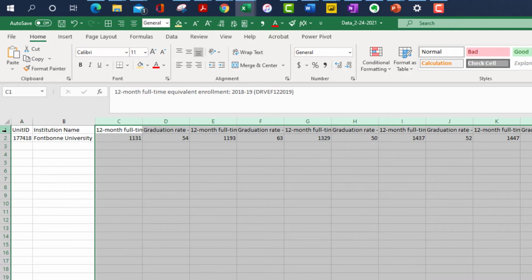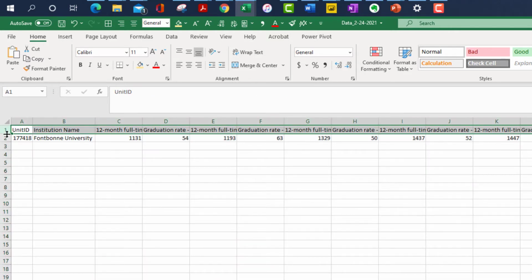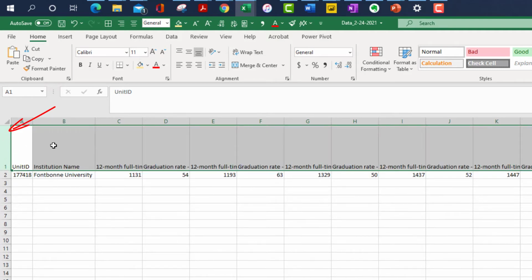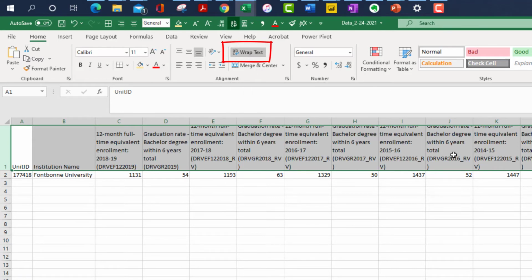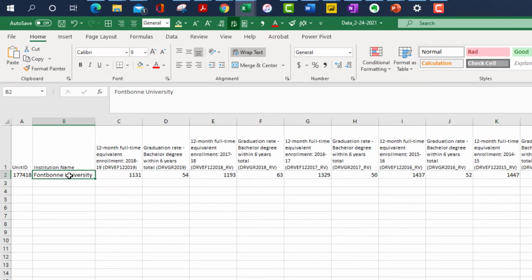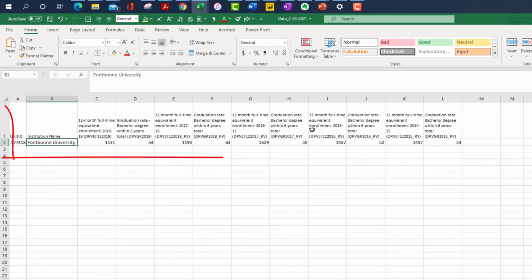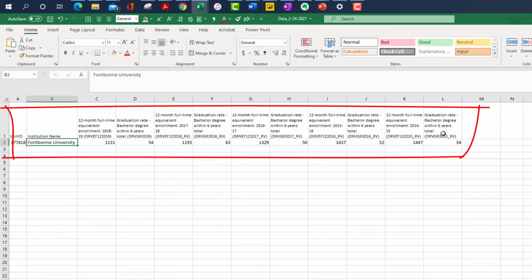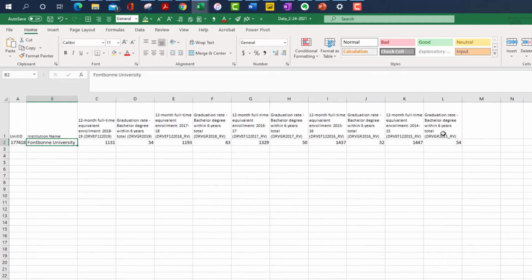And then I'm going to select this row 1. I'm going to drag it down with a double-headed arrow here. And then while selected, I'm going to select Wrap Text that I have set up on the top. And now we're going to see all this data more easily readable. Let me make the font a little bit smaller so that we can see them all. And now all of a sudden we can see the university, the data pieces all the way across. And now we can see our basic data from IPEDS and start to analyze it. I will show more substantial use of this data in another video.